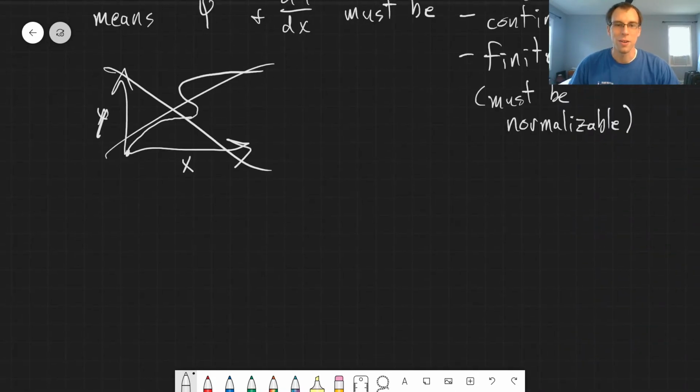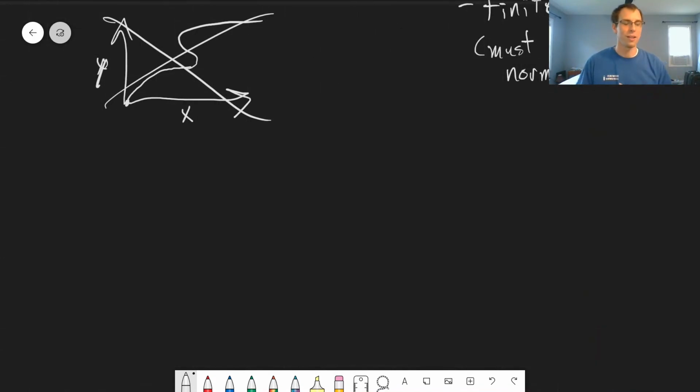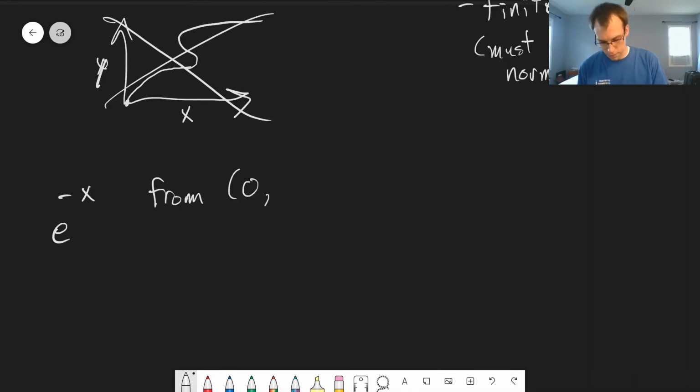Okay, and just as a quick check, I have a poll that I usually ask in class. Let's consider this function e to the minus x. Whether a wave function is well behaved or not can depend on what range we're considering. So let's look at this function e to the minus x. If we take e to the minus x from x equals 0 to positive infinity, is this well behaved?